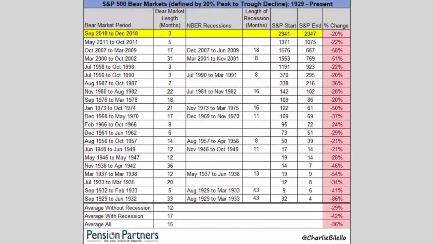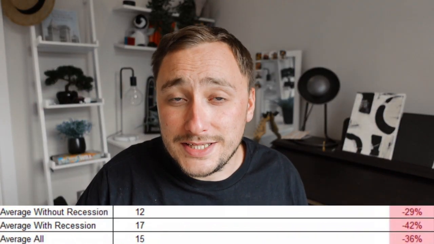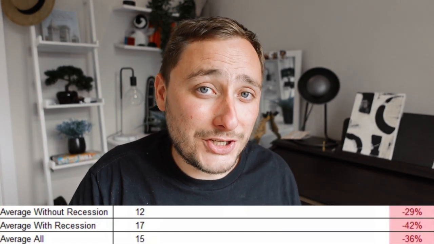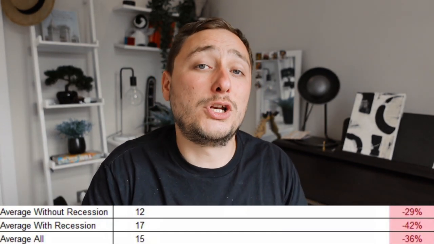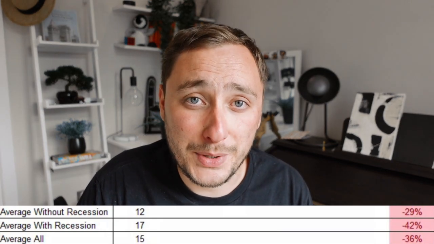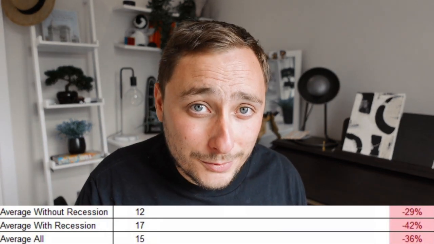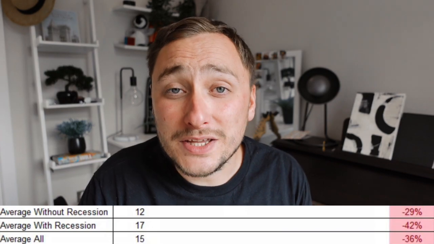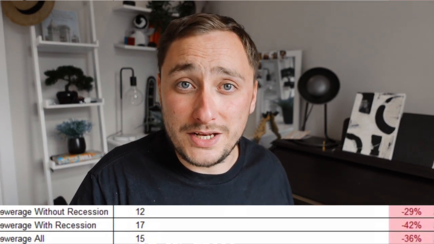Now, the one thing to point out and get straight here is that you can have a bear market without a recession. So when we're taking a look at this table, we can see all of the bear markets, but not all of them have been accompanied with a recession. And within this, we can see specific stats relating to both eventualities. Of all of the historic data, a bear market without a recession averages around 12 months with an average loss of around 29% on the S&P. However, a bear market with a recession averages around 17 months with an average loss of 42% on the S&P.